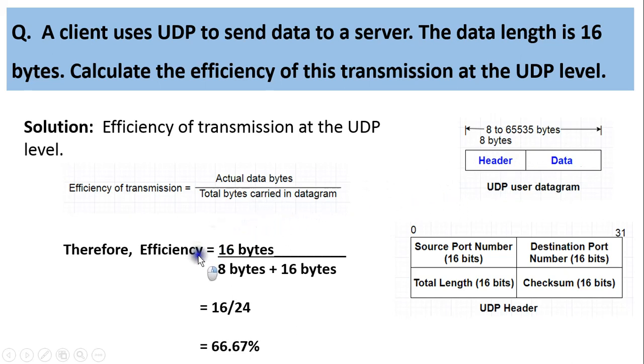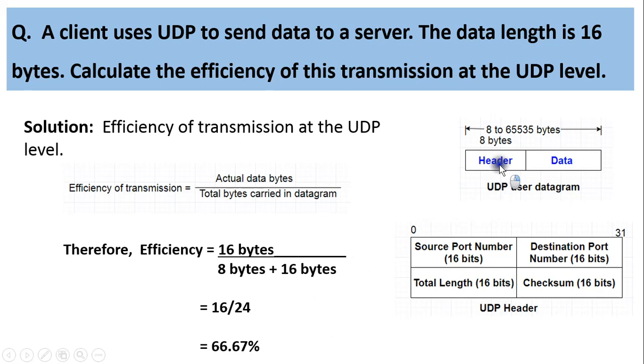Therefore, the efficiency for this example becomes 16 bytes which are actually transmitted divided by 8 bytes of header plus 16 bytes of data, and therefore efficiency is equal to 16 divided by 24 and it is equal to 66.67%. Now here the efficiency is not 100% because in this transmission the UDP header carries 8 bytes, which is